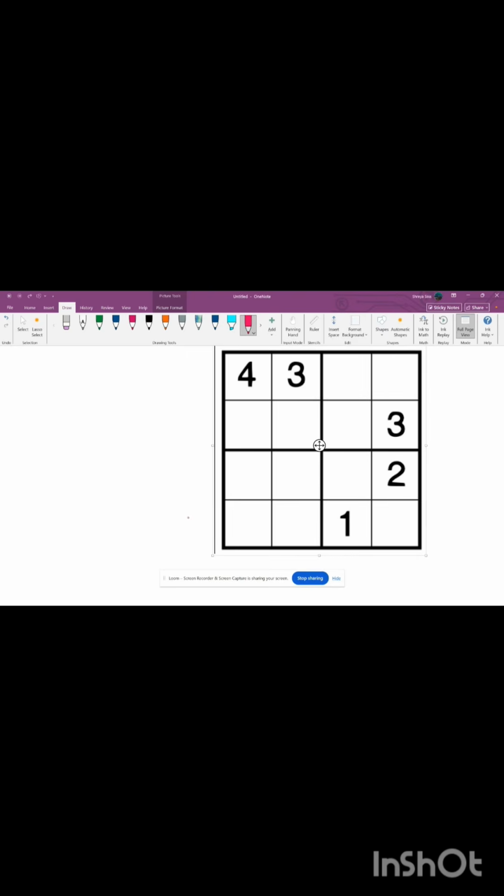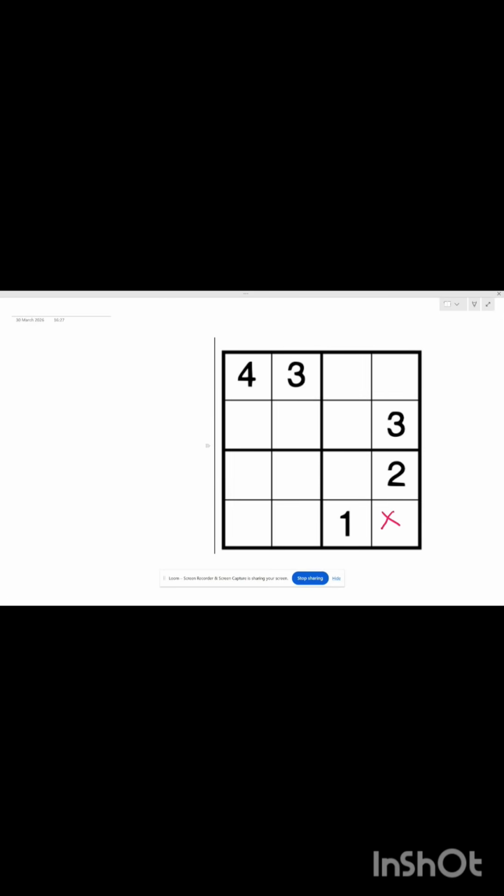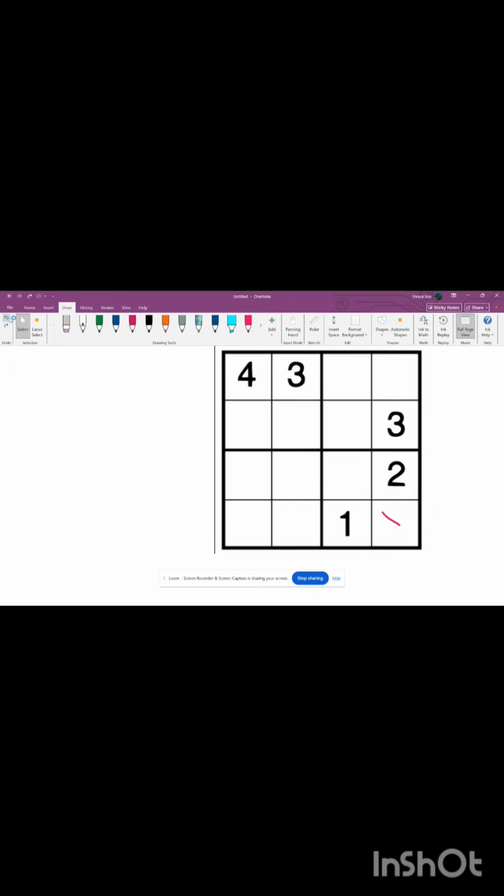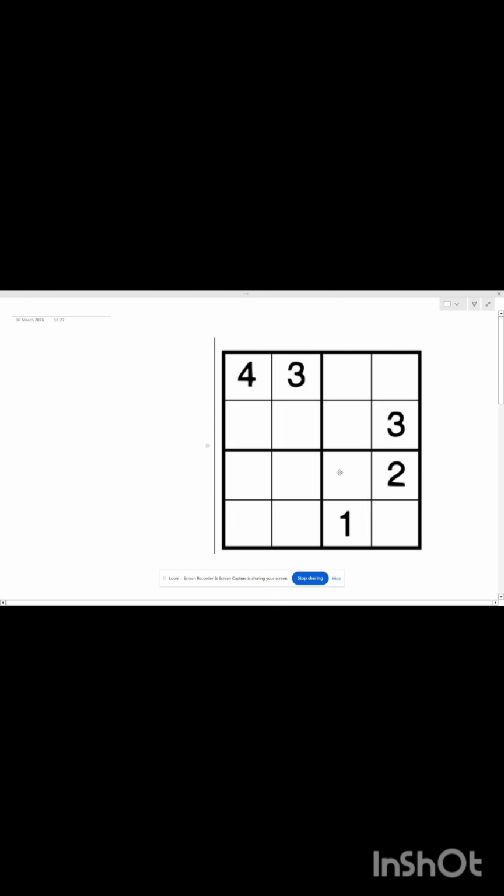Starting with the last box, if you see, we could not fill a 3 here. The reason is that no two numbers should have the same number common in the row and column. That means what should I fill? I should fill a 3 here. So automatically 4 will be here because each box should have 1, 2, 3, 4.